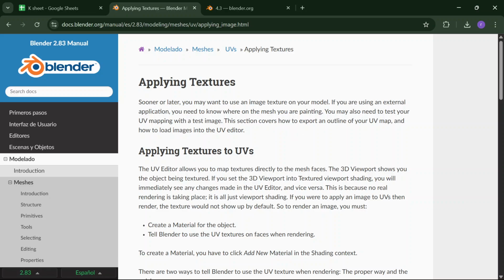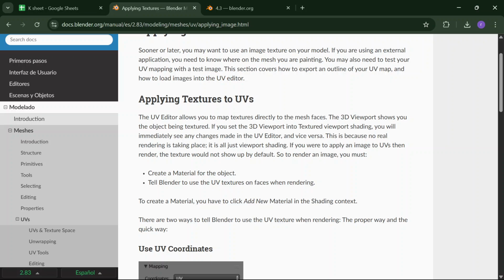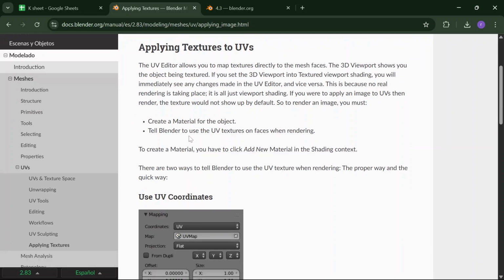Sooner or later you may want to use an image texture on your model. If you are using an external application, you need to know where on the mesh you are painting, and you may also need to test your UV mapping with a test image. So, applying textures to UVs: create a material for the object, and tell Blender to use the UV texture